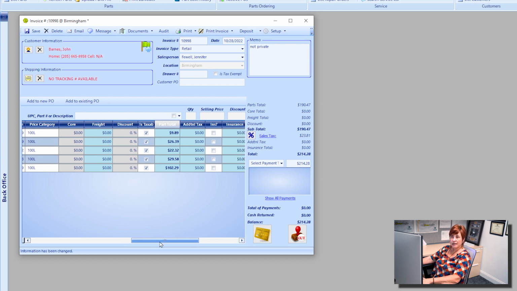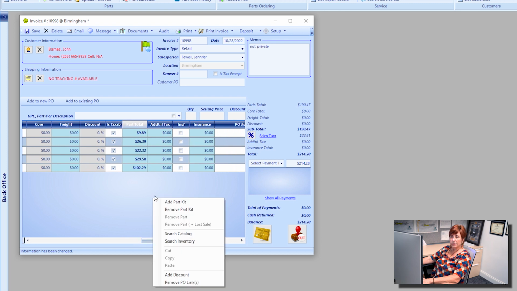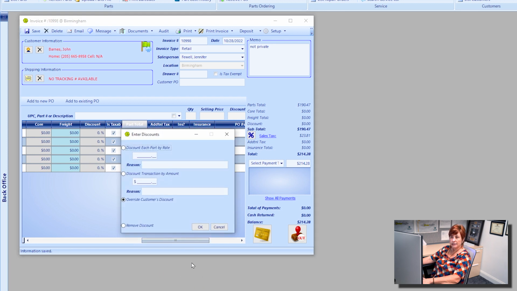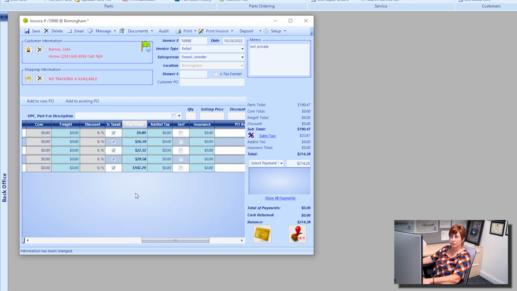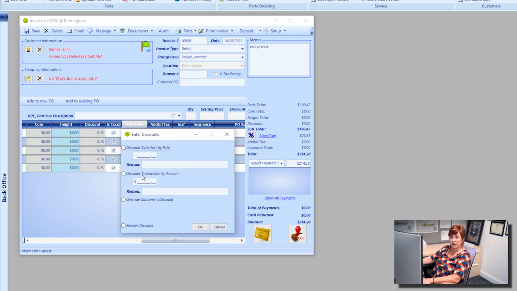I'm going to use this same example to right-click again and add a discount. This time I am going to remove the current discount, okay, and right-click again to add the discount. At this time I'm going to make a selection to add a discount per this transaction. Now you will add a discount amount here. I'm going to key in $10, and I need to include the reason that I'm giving this discount, and then